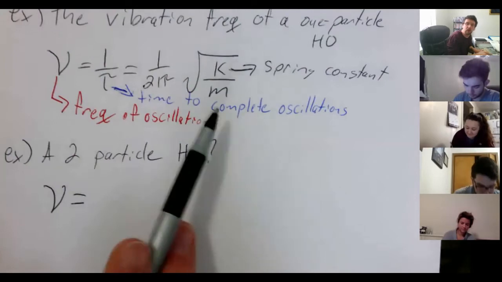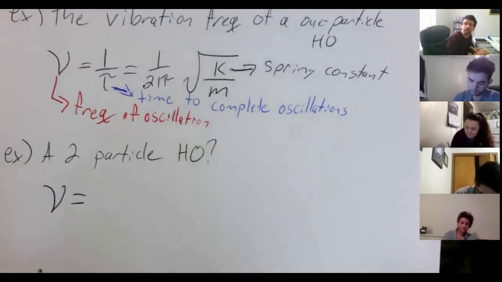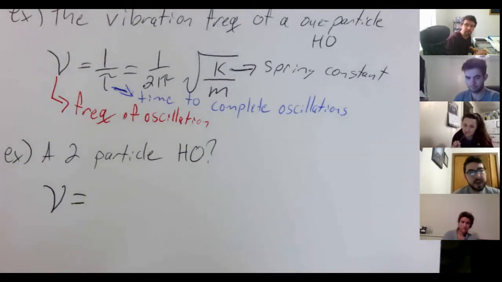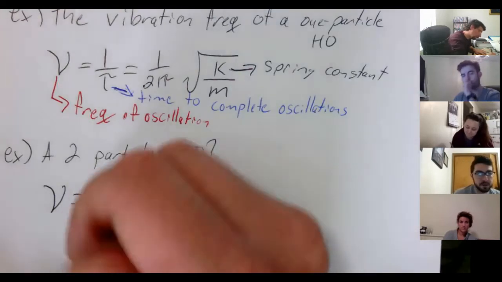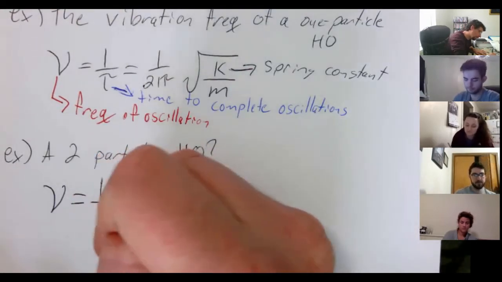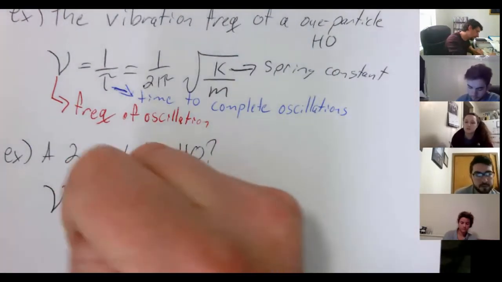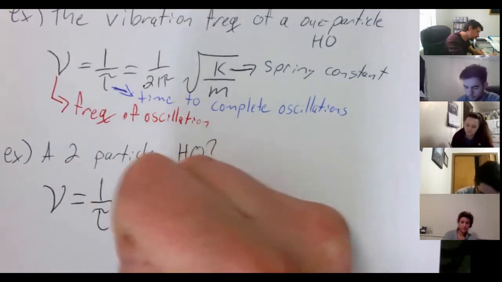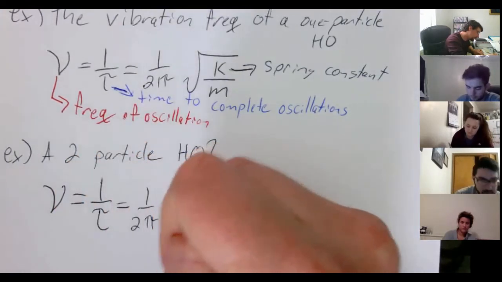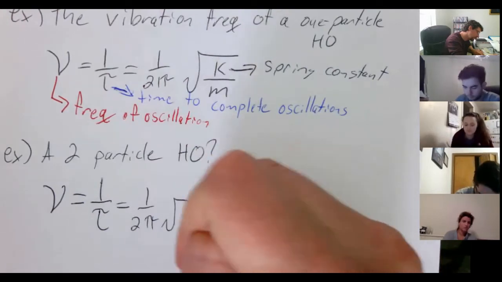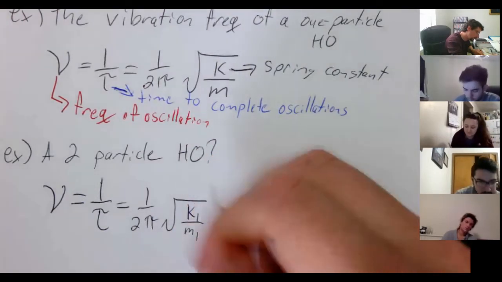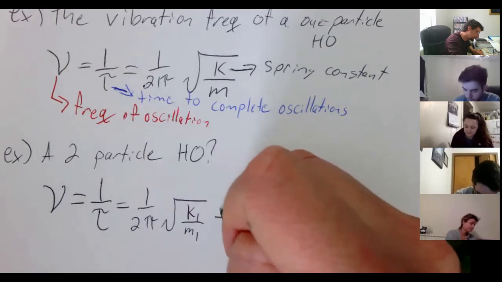How is this expression going to change up here? Would it be squared? Nope, not squared. We have two different times for the oscillations. So what you would have is a 1 over, well, the oscillation we're talking about is like the spring just going, so that would stay the same. We'd have 1/2 pi square root K1 M1 plus